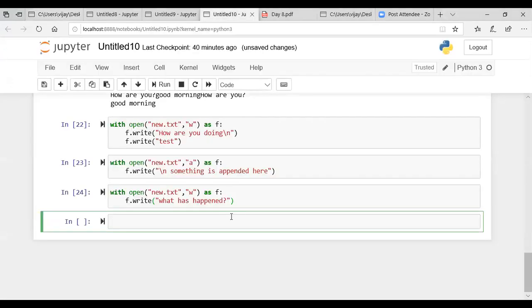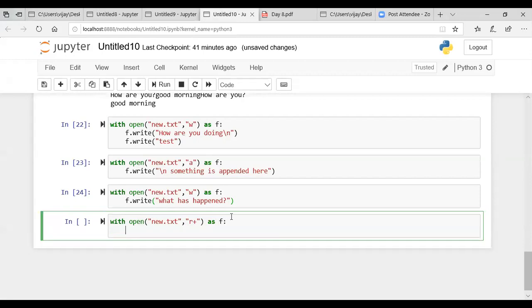I hope this part is clear. Reading, writing, append. You can also open the file with open new.txt, comma, r+ as f, and f.write reading and writing.